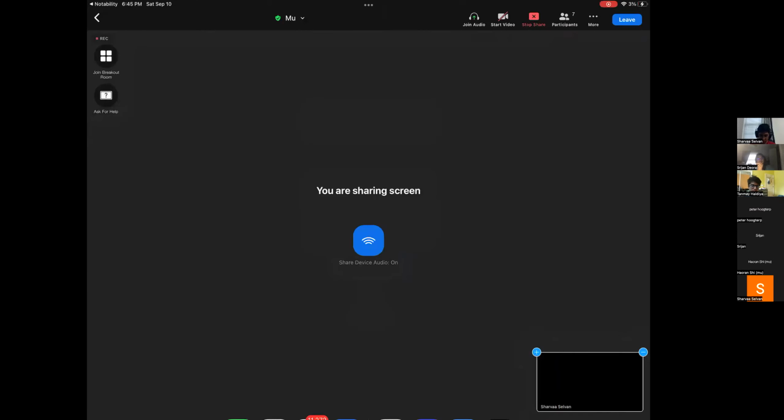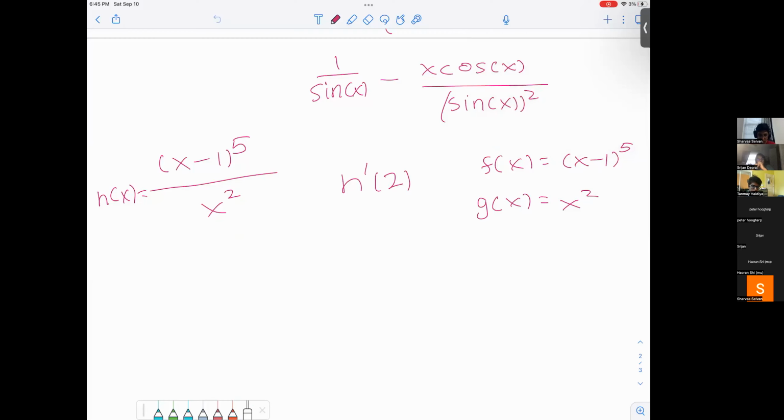Okay, so going back to where we were, we want the derivative of h prime of 2. And remember what we said, we can write it as m of x. Okay. So taking the derivative of x minus 1 to the 5th, remember what we said, we'll write it as